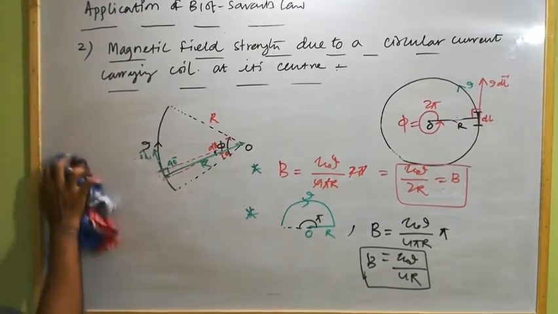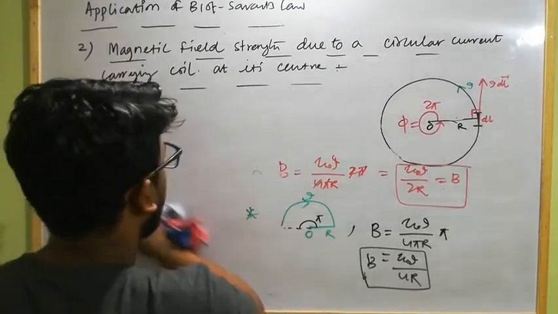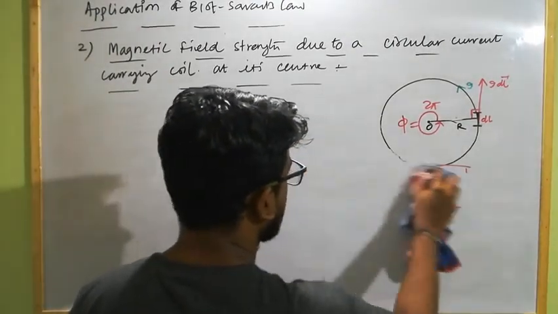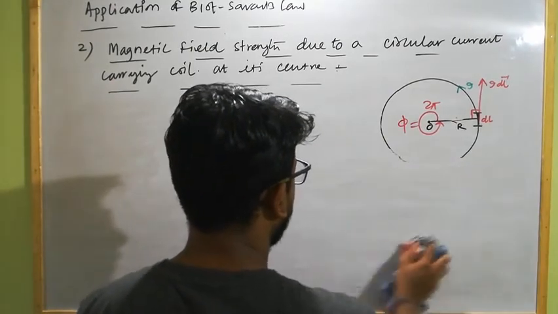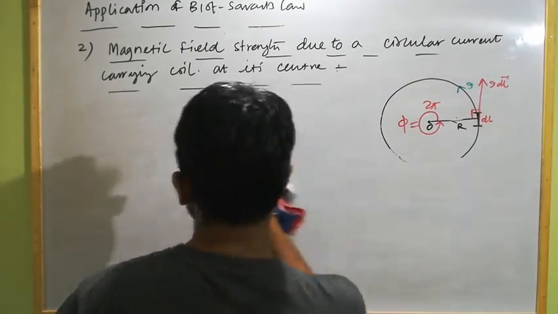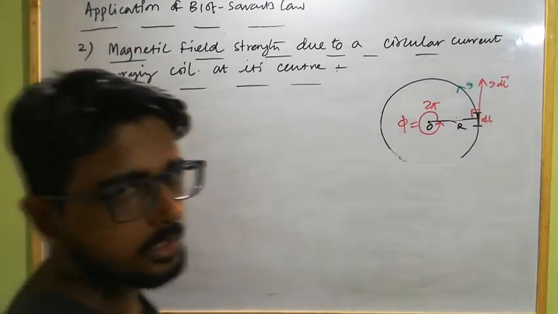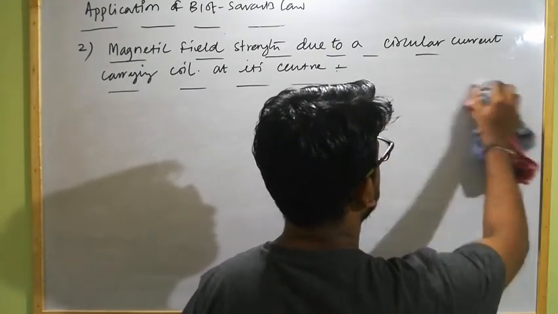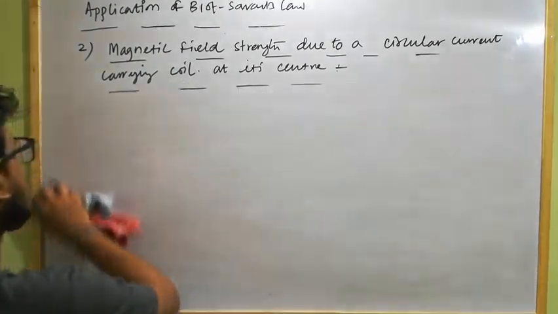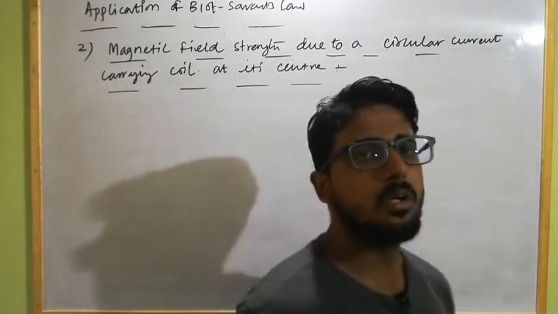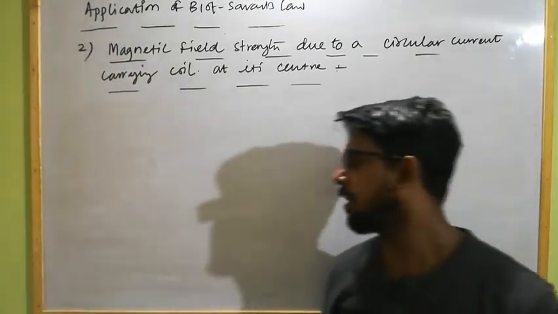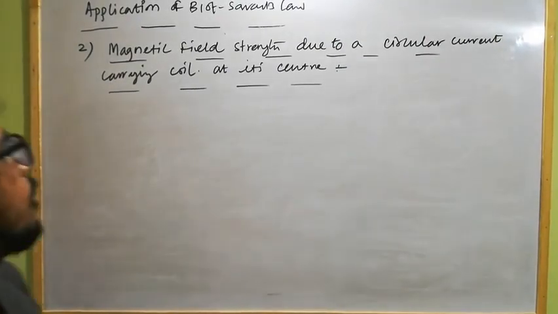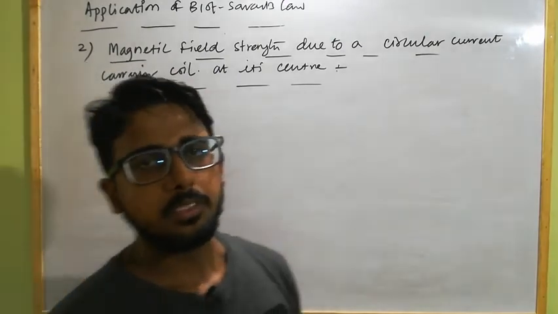Okay, so this is all about Biot-Savart's law and its application for an infinitely long straight conductor, a finite long straight conductor, and the different cases or different positions at which we want to calculate the net magnetic field strength due to a long straight conductor, and the magnetic field strength at the center of a circular current carrying coil, and due to any circular arc at the center, what will be the value of magnetic field strength? We already discussed this in this class. In the next class we will discuss further, with some more applications regarding Biot-Savart's law. Okay.